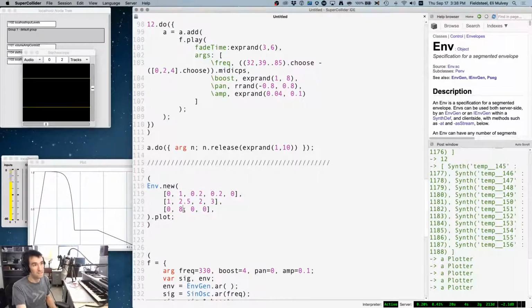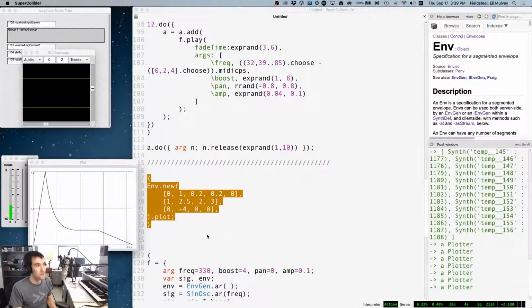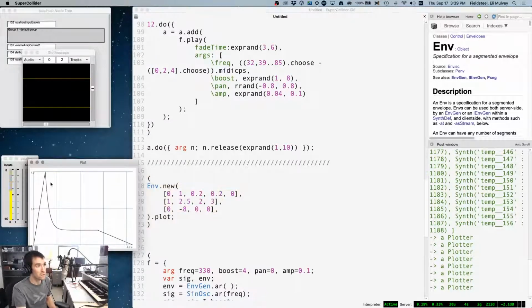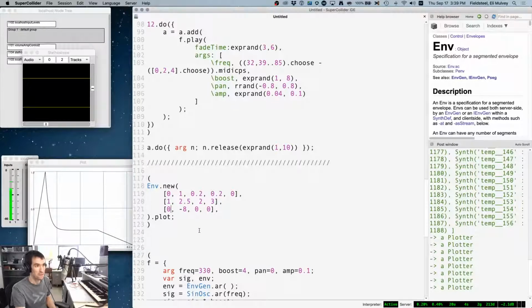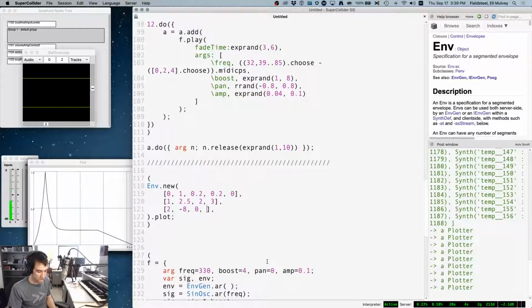So positive numbers cause the curve to bend in such a way that the curve changes slowly and then very quickly at the end. So negative numbers do the opposite. They bend it in the other direction. So negative numbers will cause each segment to change very quickly at first, just kind of shoots to the next target value and then levels out as it goes. So we could make this one do that kind of thing,